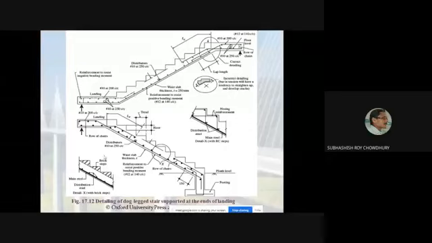And here also, this is one flight, this is another flight. Here both the supports are from the beam or wall like this one. Similarly, there will be a beam or wall at this point. And here there will be the, this is the first flight basically. So it is supported over the ground. So there will be a footing, etc. But this is the detailing that you will get at this first flight.